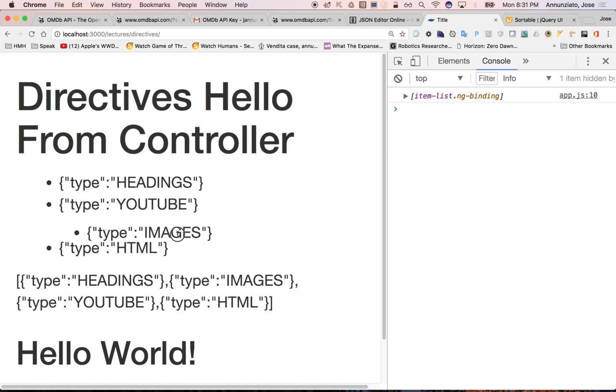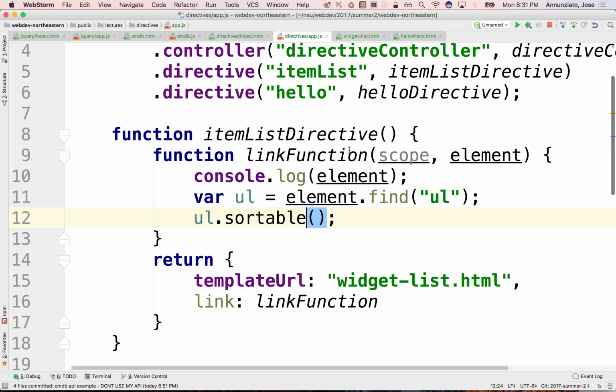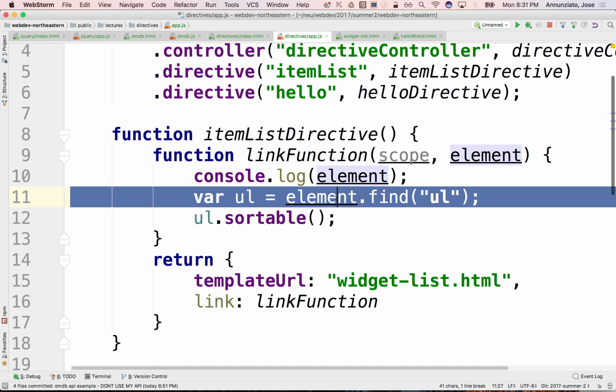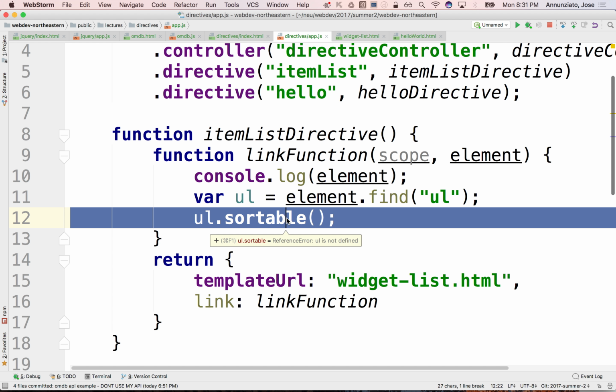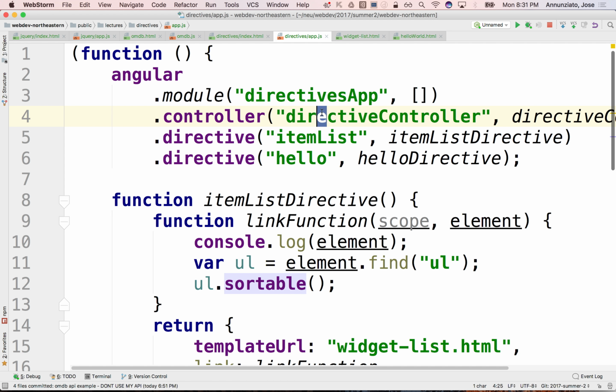Make sense? Right? So this is what you're going to do in your assignment: you're going to apply something similar to this, using the link function, and make it sortable. Make sense? All right. Now, typically, these directives,